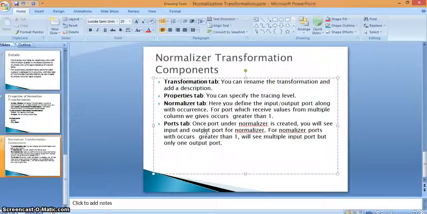Coming to the ports tab, once a port under normalizer is created, you will see input and output ports for the normalizer. In the normalizer tab, if we give an occurrence greater than 1, we can see multiple ports in the ports tab. If we give the occurrence as 10, from the input we have 10 occurrences, and we can see those in the ports tab. With respect to the output, it is a single field, that is, a single output port.